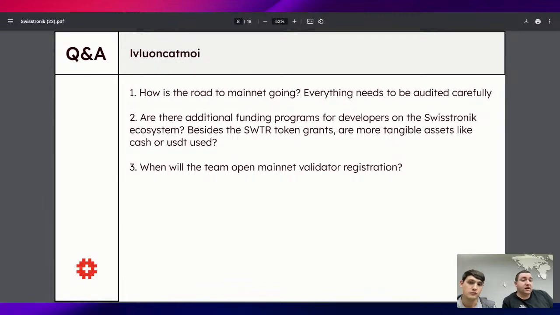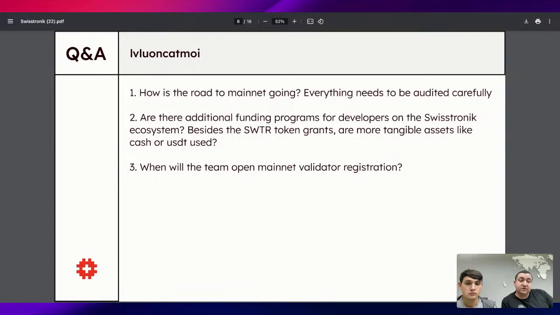Yeah, of course. Because if you provide only USDT, it's quite likely that a lot of the grantees that would apply for our programs would go there only because of money and not because they like our ecosystem in some way and want to stay there to market their product and so on. So it's just about our philosophy.